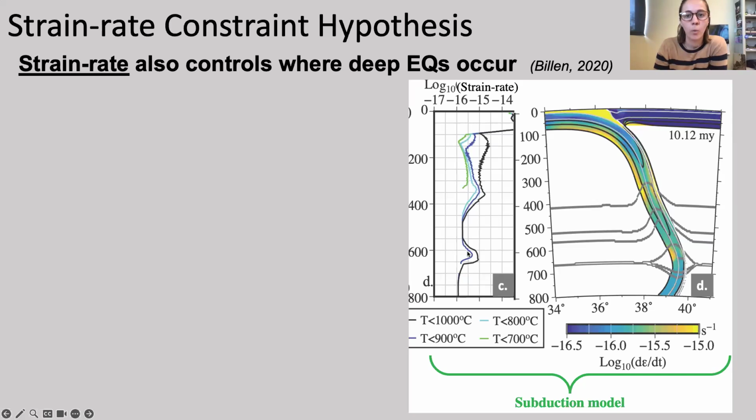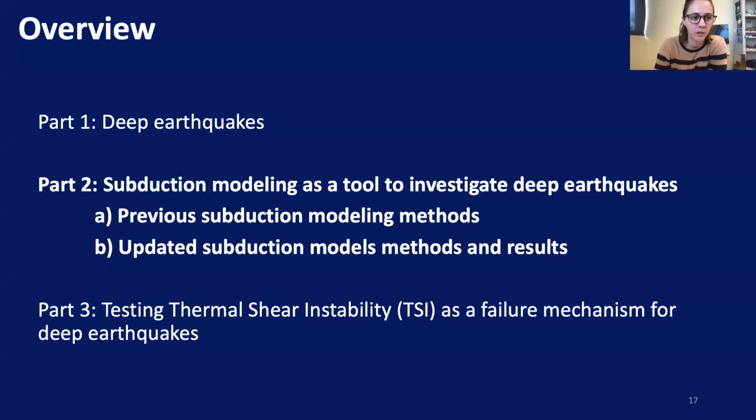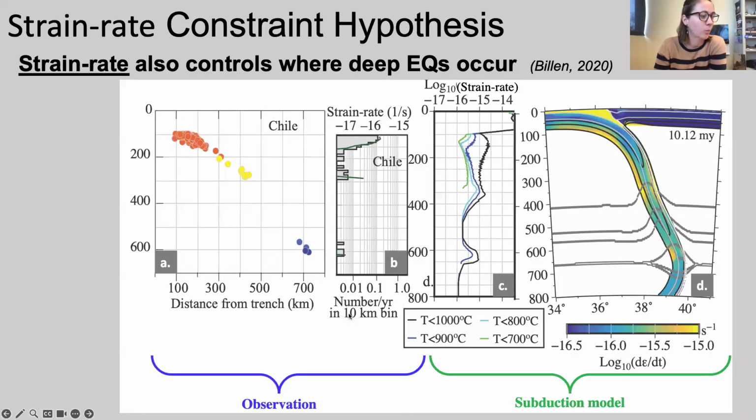And what she did was, these subduction models were not set up to model a specific subduction zone. They were just generic subduction models. But she compared snapshots of the models that were similarly shaped or characterized to real subduction zones around the world, and looked at what the observed earthquakes were in that subduction zone. So here she compared the numerical model with a 2D profile through the Chilean part of the subduction zone.